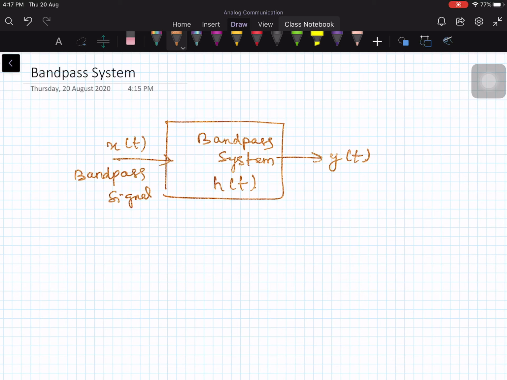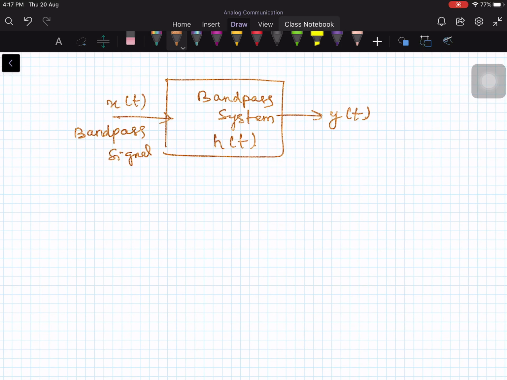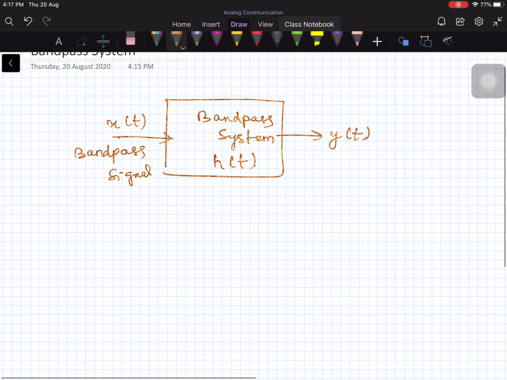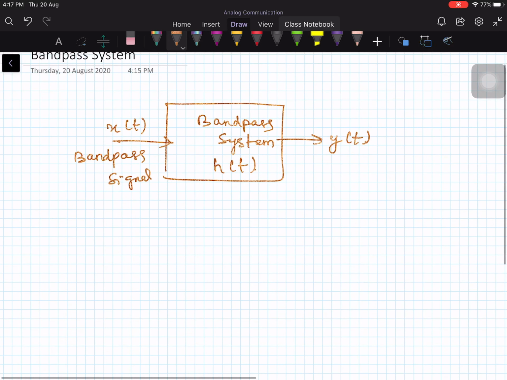Now let us try to understand how the theory that you have developed so far, which is used to represent the bandpass signal, and how the bandpass signal will interact with the bandpass systems. So far we have looked at signals and systems where it could be any signal or any system. But now we are taking a specific case where the input is a bandpass signal and the system is also a bandpass system. Till now we did not consider this specific case. And while dealing with such systems, how can we make it easy to deal with them? That is our concern here.